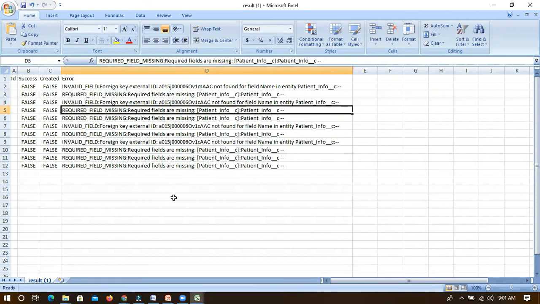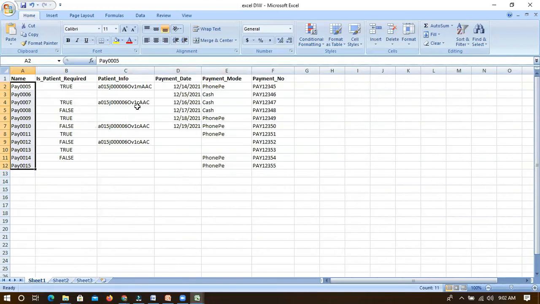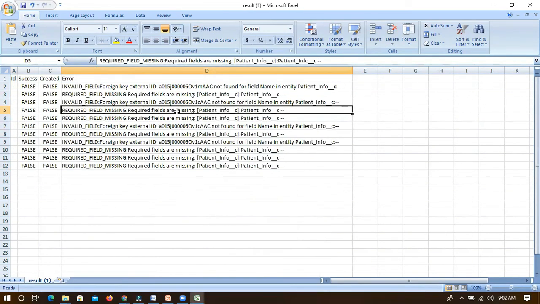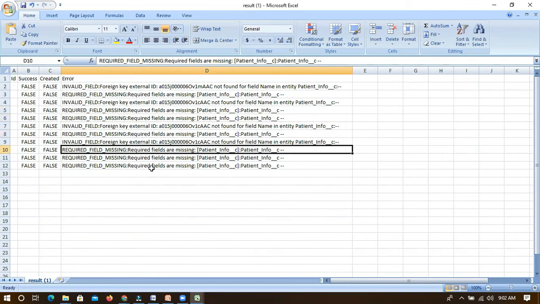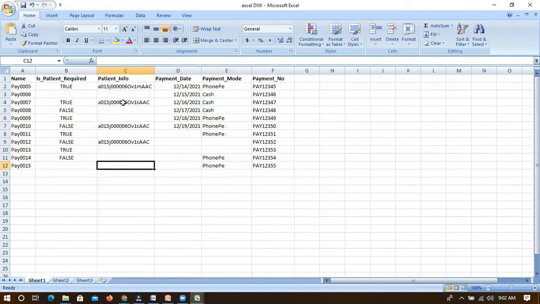For some records we have not given data, so definitely it will throw an error because it is checking as a validation, right? I told you about standard validations and custom validations, which are required at the page layout or at field creation. So these are all required. Whatever is blank, for all these records it is showcasing the second error. This error says missing required, missing required, missing required, meaning it is missing some data. And for the second one, where you have given data, the error is saying that this data is not valid, it is not available.